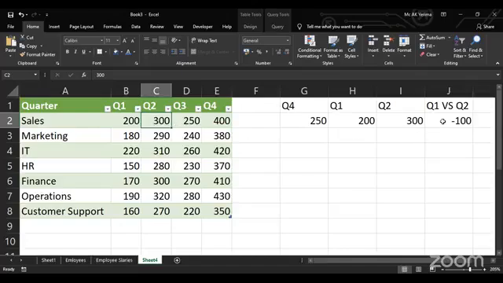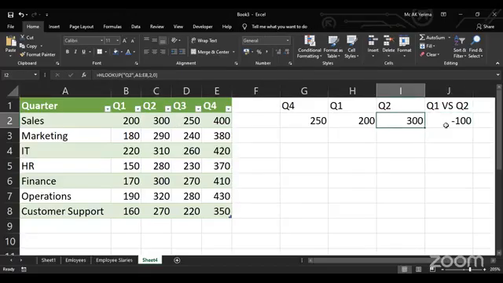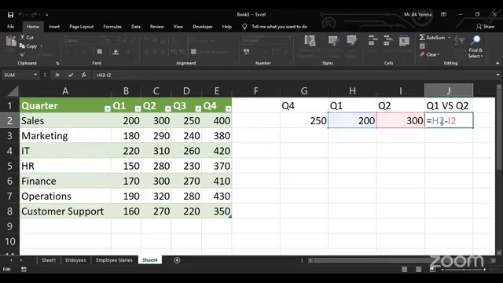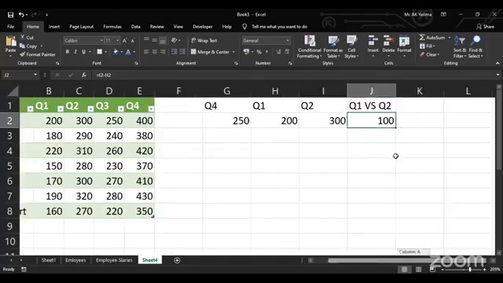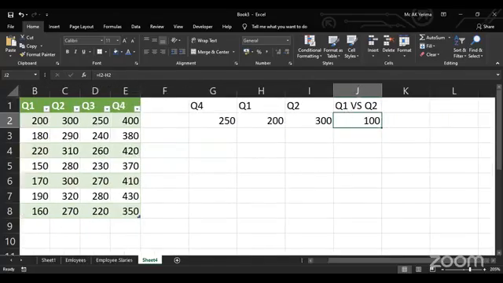So the difference is 100, right? And you can do it inversely. For example, you can edit the formula and say from I2 and then minus H2, then you get a positive value. Whatever the case might be, that's the difference between the first quarter and the second quarter. So that is how you use